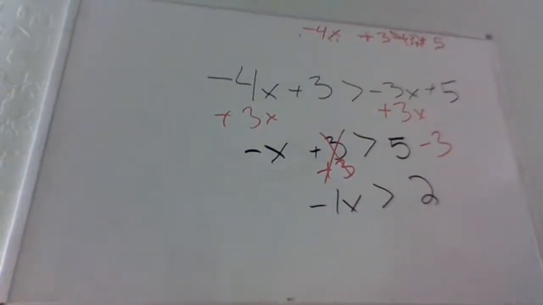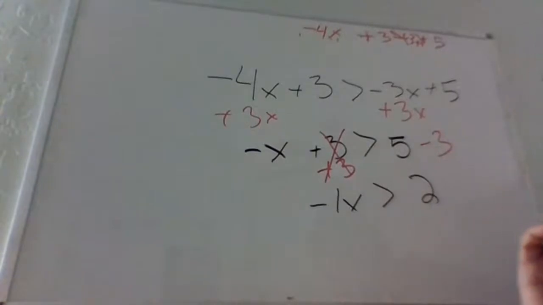What do we do from here? So what do we do here? Divide minus 1. Divide by what? Divide 1x and 2 is minus 1. Okay. Minus 1. And now, yeah, we do. x is less than